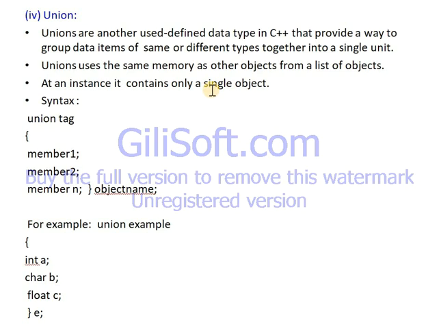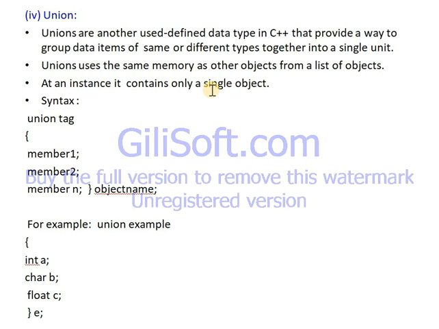The structure and union both are container data types that can hold data of any type. Both structures and unions can hold different data types together. But there is one major difference between structure and union: the structure has a separate memory location for each of its members, whereas the members of a union share the same memory location.